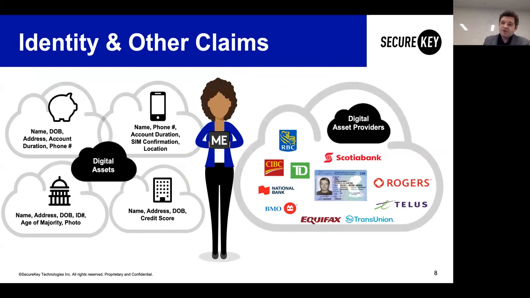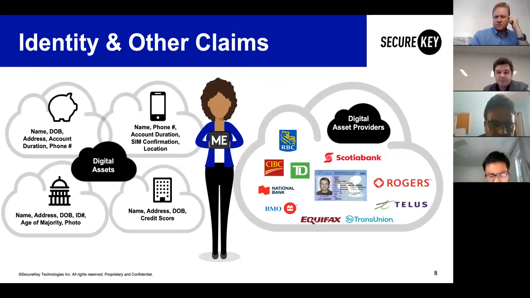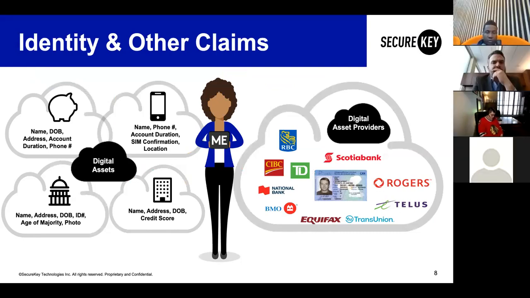It could be information from your bank, right? Just your first and last name, because the banks have a fairly strong process to vet who the customer is. And so there is some reliability you can rely on the bank, right? And then you can extend it with, say, a government ID. You can get additional information from the telco that you're with, and maybe also some credit information. Let's say you're applying for a loan, or maybe you need a second piece to perform a know your customer check. That could come from a credit bureau. So it's a fairly flexible system. We can exchange all kinds of information between different parties.